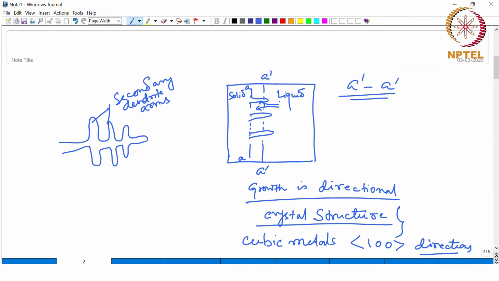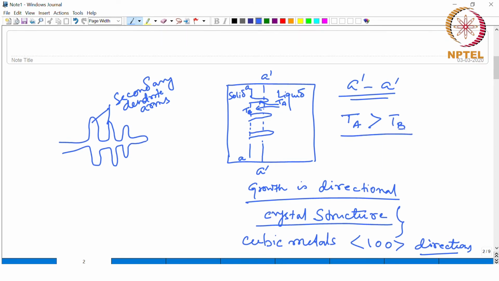Okay. Let us call that T A, and the temperature in between, let us call that T B. Okay. So, T A is always going to be higher than T B